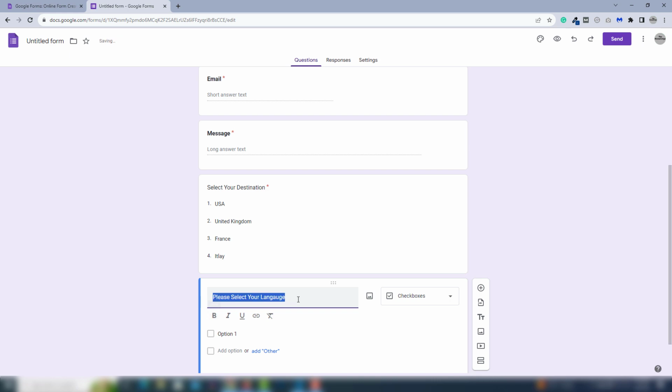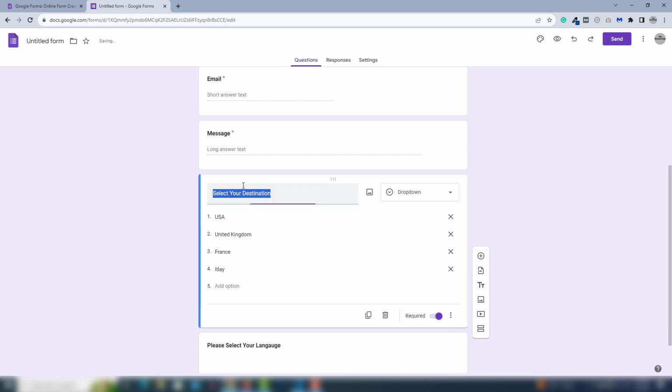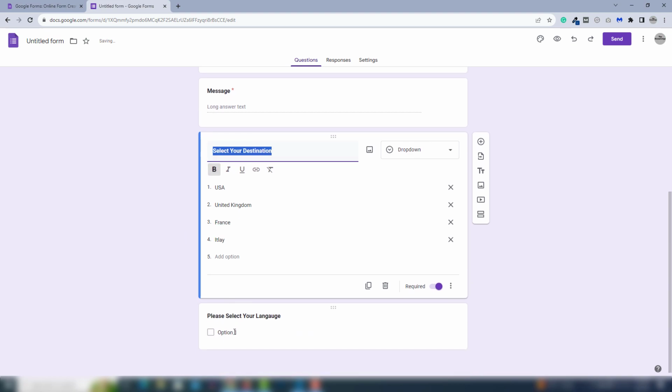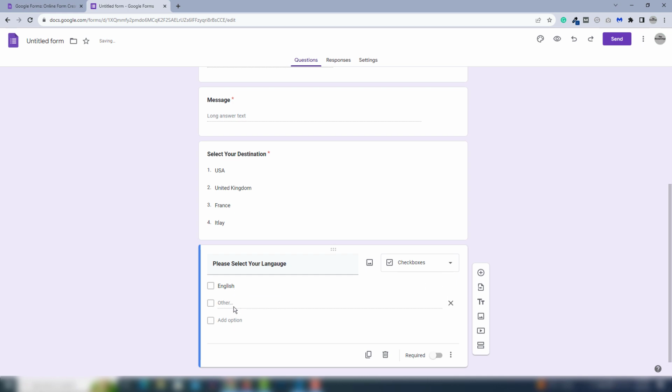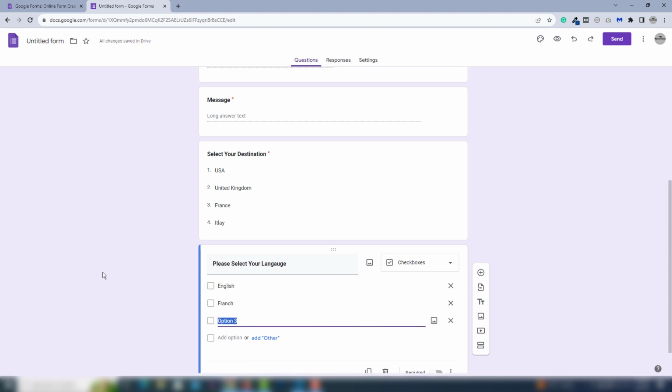So I just show you how you can design the form. So in option 1 I'm going to use English. In option 2 I will use French. In option 3 I will use Portugal